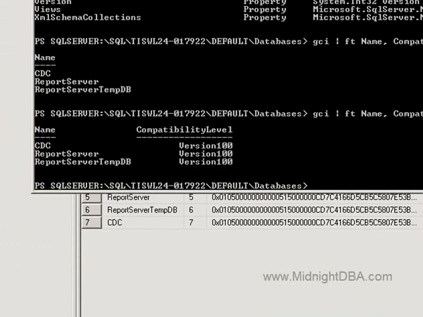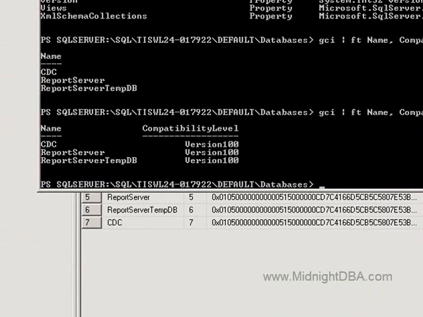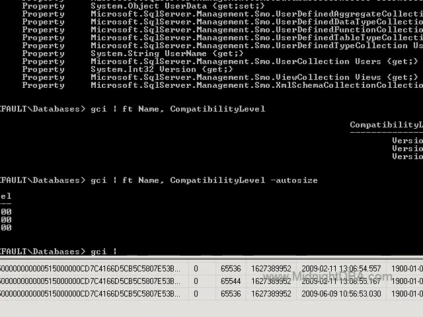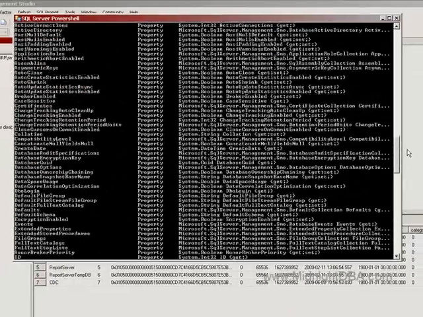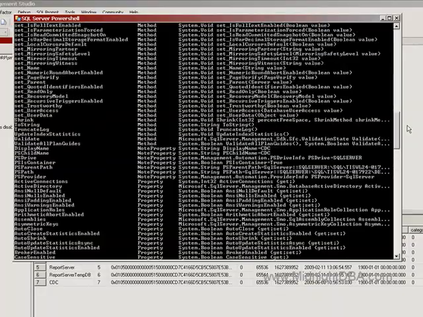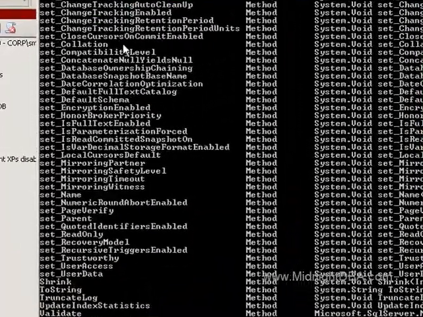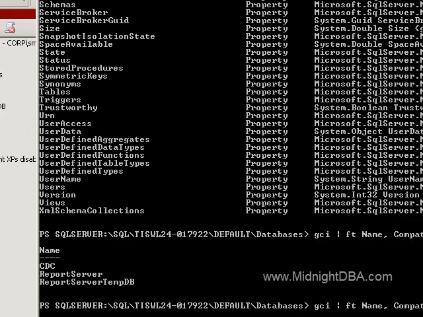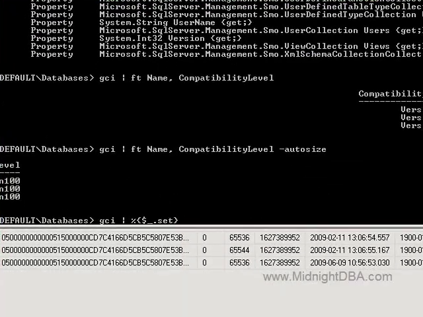Well, there are two ways that you can change this in PowerShell, and I'm nice enough to show you both of them. So as we do our GCI here, we're going to pipe that to our foreach loop. Don't forget your curlies. For each one of these, let's go ahead and use the method right now. There's a method for this. Let's see where it is. It'll be SetCompatibilityLevel right there. So for each one of these, we are going to set